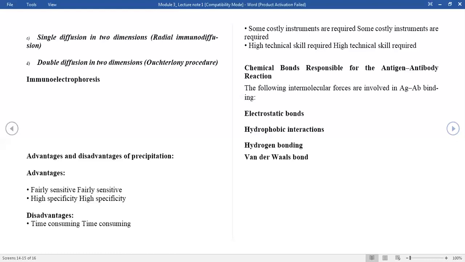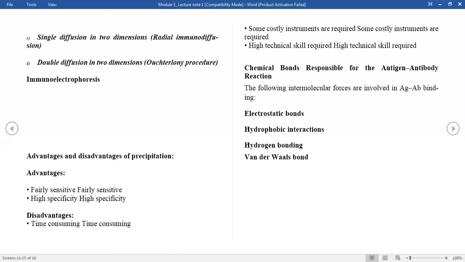Next one is immunoelectrophoresis. In this particular process, an electrical field is applied. So it's an electrochemical process in which colloidal particles, that is the suspended particles, or macromolecules having a net electric charge travel in a solution or agar gel under the influence of a current or electric field. That is why it is known as electrophoresis. Here, living cells in suspension, or biological compounds such as proteins or antigens in solution or in agar gel,